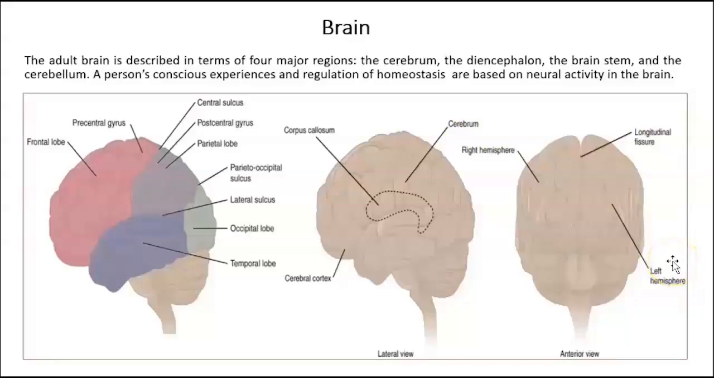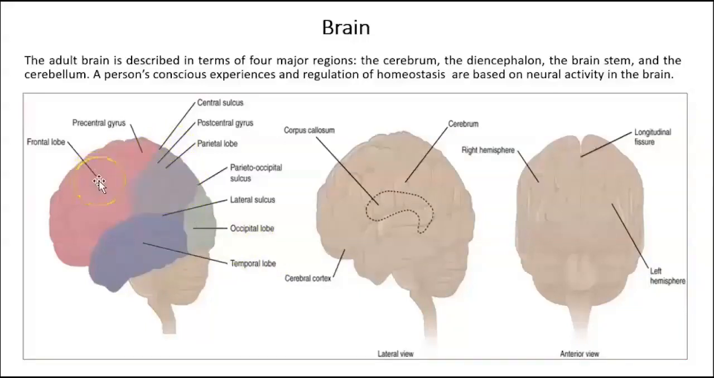Not only that, but the brain can also be divided in lobes. So if this is where your face is, this is going to be the frontal lobe. This is going to be the parietal lobe. This is going to be the occipital lobe around here, and down here is going to be the temporal lobe. So the central sulcus separates your frontal lobe from your parietal lobe, as you can see right here, parietal lobe